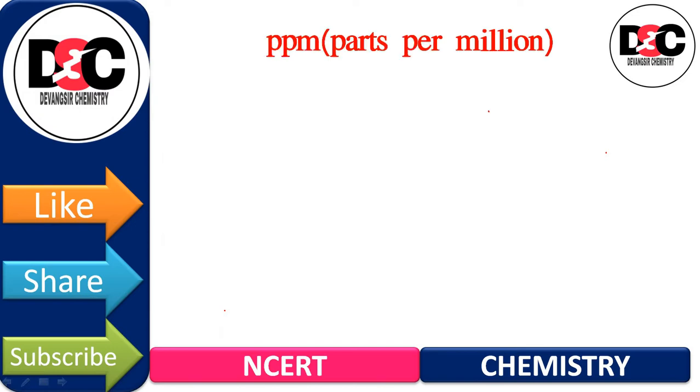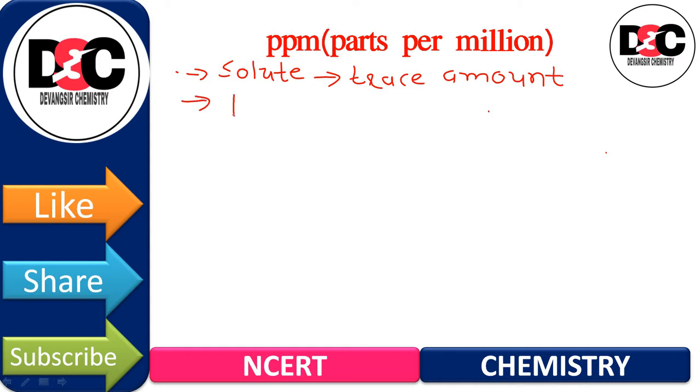So first, ppm means what? When a solute is present in trace quantities, when solute is present in trace amount, trace means very less, it is converted to express the concentration in ppm, which is called parts per million, and it is defined as